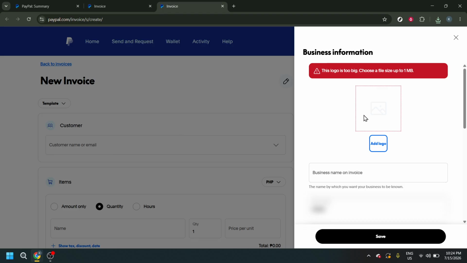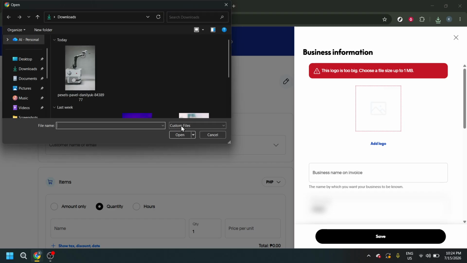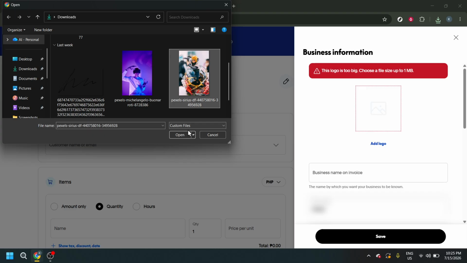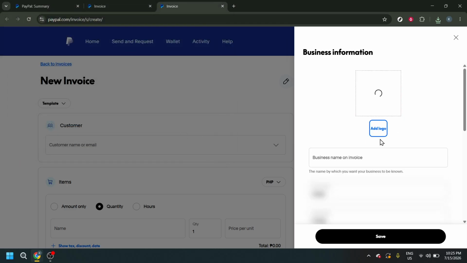Next, choose your logo from your computer. A file selection window will open, allowing you to browse your folders and pick the correct image file. Before selecting it, make sure it's the version you want to use on customer-facing documents. It's also helpful if the image is properly cropped and not too small, so it fits neatly and looks sharp